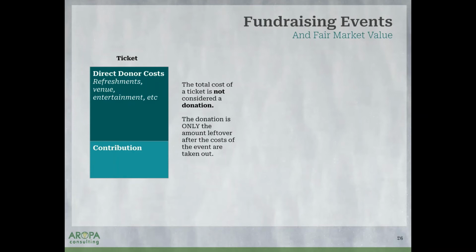So you could say, well, what if I have an event where the costs equal the ticket? Well, that can happen, and maybe the point of the event was to raise awareness and not necessarily to raise funds, and that's okay. Within nonprofit leadership, I would have a conversation of how many of those events can we sustain, and do we want to keep giving events at that price if it's not covering or barely covering our costs.